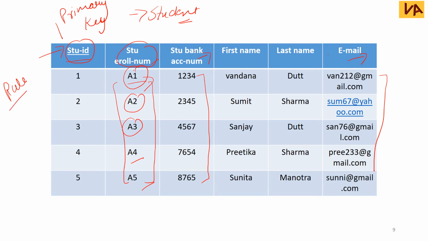The first rule is that here there can be only one primary key. We should take only one column as a primary key. And the second rule is that the value cannot be null. We have to give some value in that primary column. If we have made student ID a primary key, then in student ID we will fill the data. We will never make it empty and we have to add some data in this attribute, so it can never be null, right? So this is all about your primary key. I think you have understood what exactly the primary key is now.